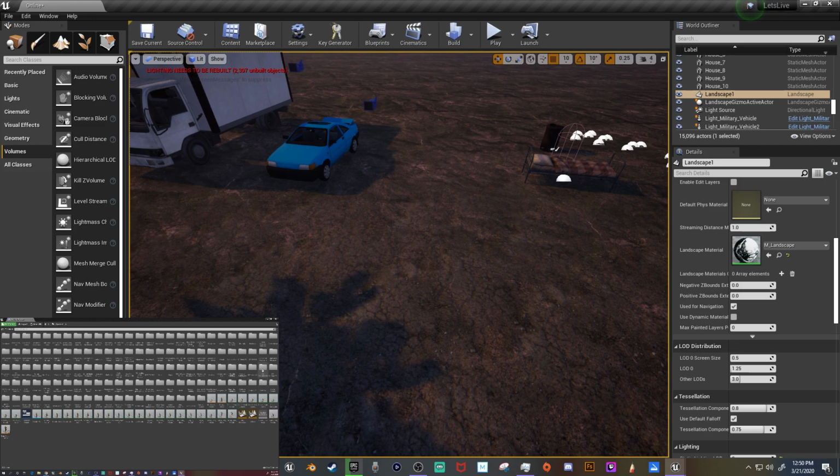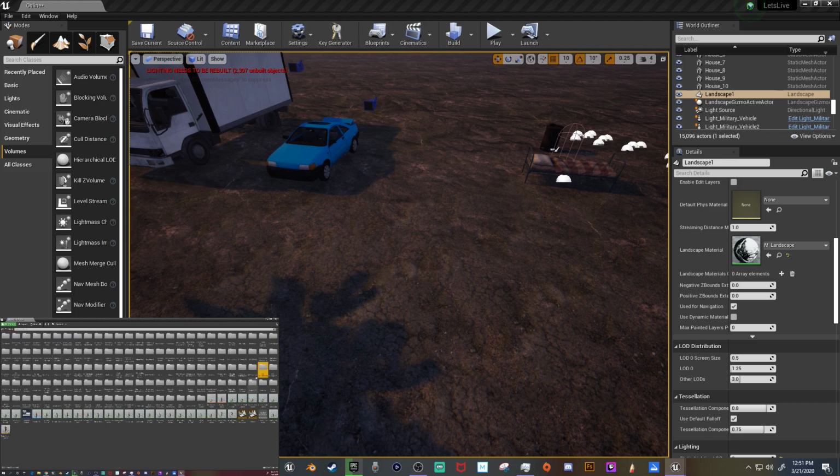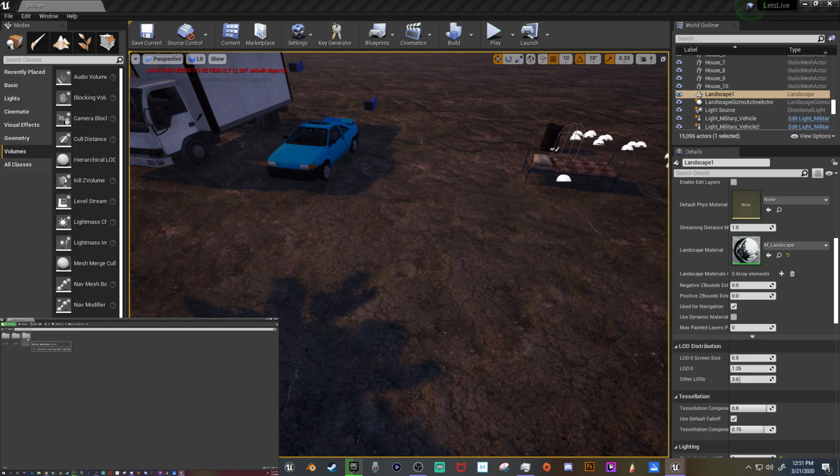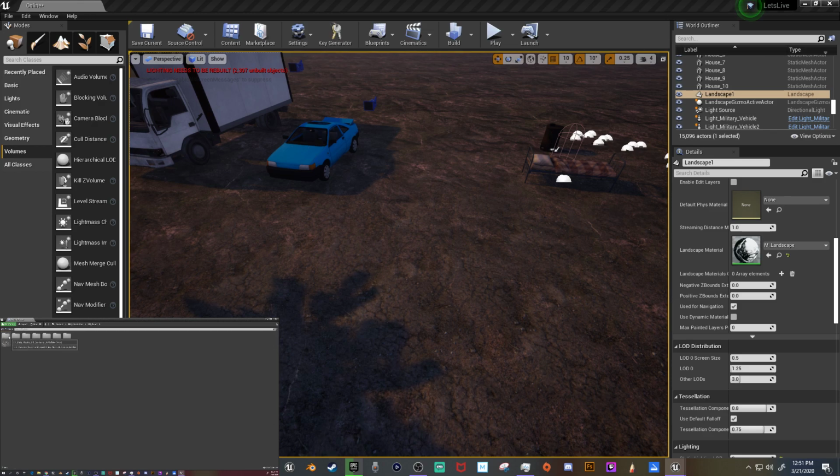So we got the Megascans crumbled walls. They got the 3D assets in here. This will be very helpful. The damage decals are in here now. I also have plastic containers, which will be used for models and props that you'll be able to use within the game. Like, you don't necessarily drag